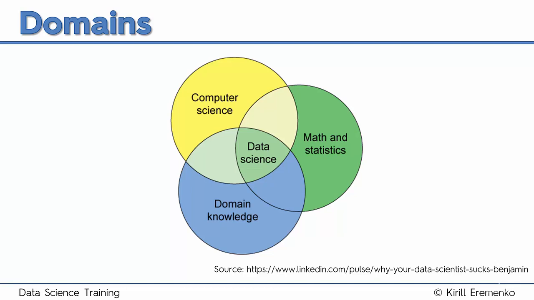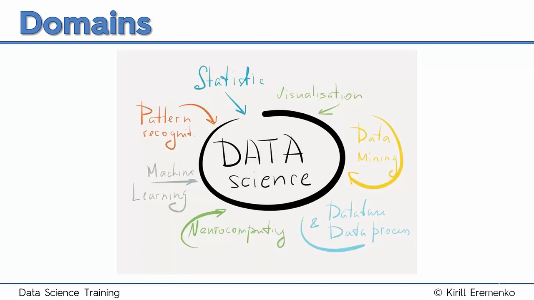Also, you might have already heard the definition that a data scientist is a person who is better at statistics than any software engineer and better at software engineering than any statistician. Though amusing, these definitions are very outdated. Their days have passed long ago. A modern data scientist is expected to be proficient in many more disciplines and has to possess way more skills than just programming and stats. Personally, I really like this picture. How about we use it as a starting point in our quest to find out what data science actually is?